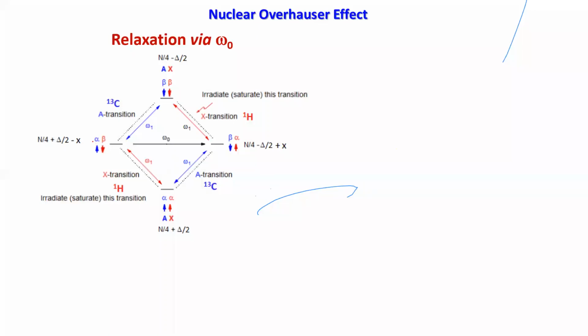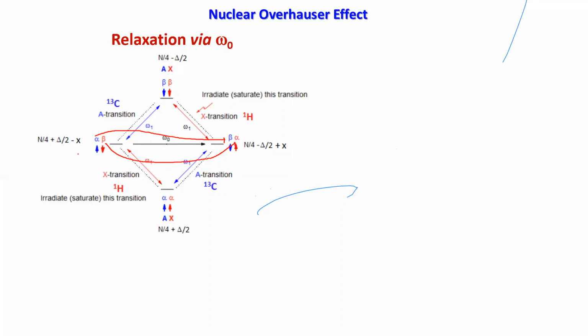Opposite directional means alpha is going to beta, the lower energy state of the carbon going to a higher energy state, and for the proton, beta is coming to alpha, the lower energy state. So two opposite directional transitions are happening here, so they are cancelling, and we call this the zero quantum transition. Now, in this case, if the relaxation is happening in that way,